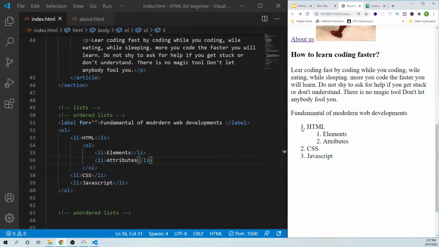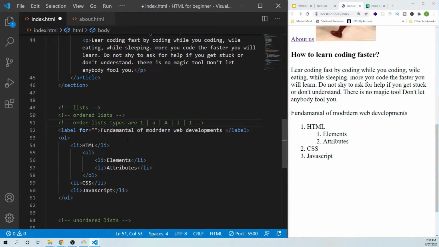So see, this is not right. You start with 1 and then 2 3 here, and again 1 and 2. This one can be changed. So in the ordered list, you can write as 1 2 3, which is the default number, or you can use small a, capital A, or small i, or capital I. If I choose this one